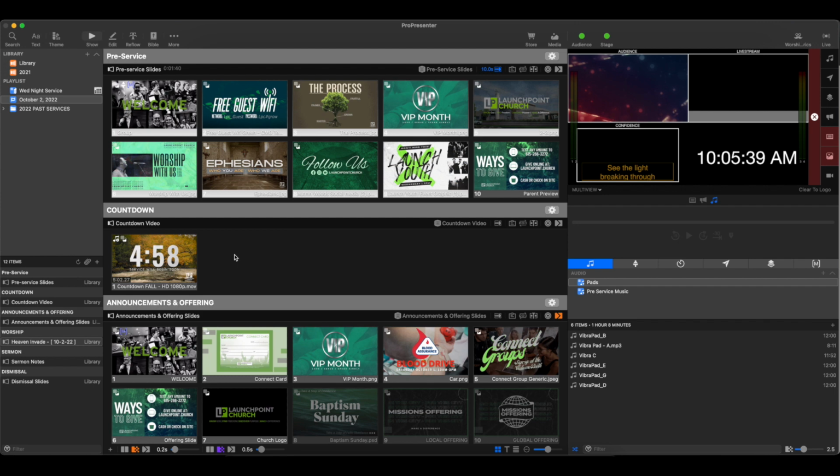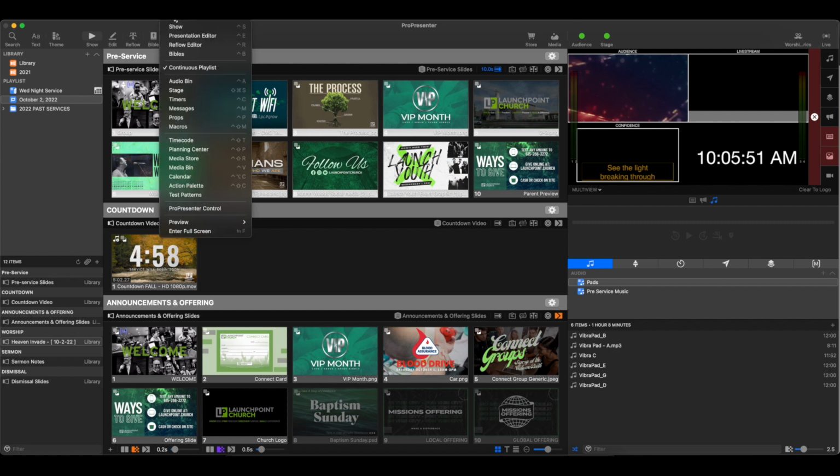So how you can access, and I might have actually excluded this part of the window in my recording, but just above the mouse right here, there is a tab called View. If you click View, it'll open up a lot of things that you can then click on to view. You can view a macro palette, you can view your timers and your stage displays and audio bins and time code, planning center link, and all that stuff. But to work specifically with the countdown video being on a timer to automatically launch, you can click calendar,